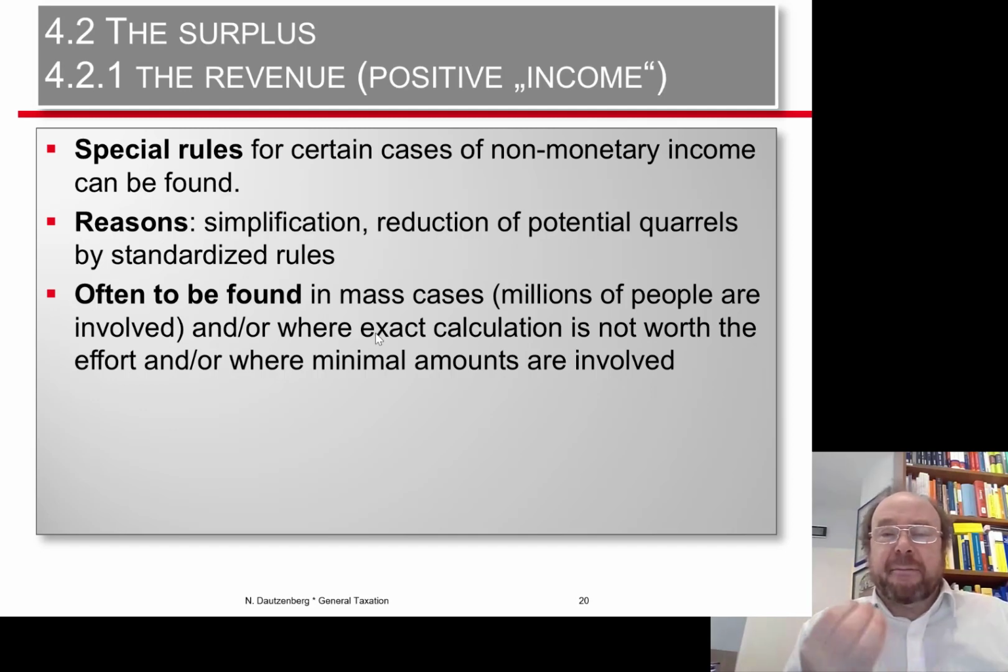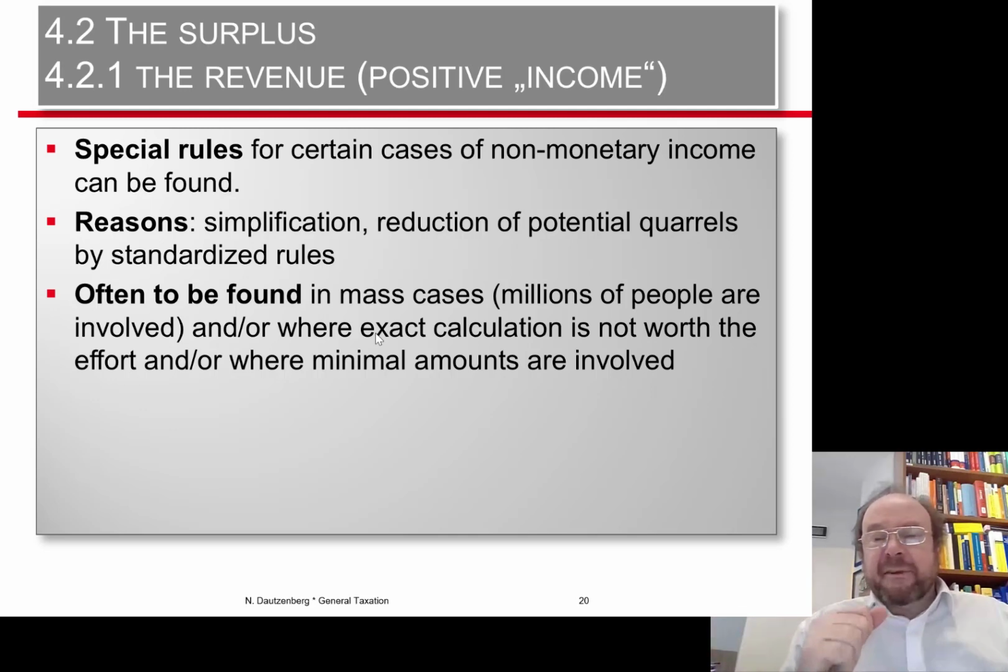For example, if it comes to the monetary value of the private advantage from the possibility to use a business car for private purposes, then you could end up in endless calculations, dispute many of the cost positions, and probably you could keep the fiscal administration officers busy for 2 days for just checking the correct calculation of the private advantage,